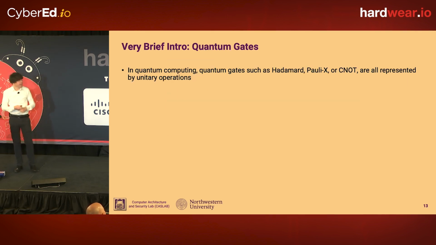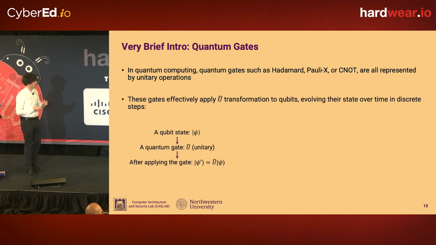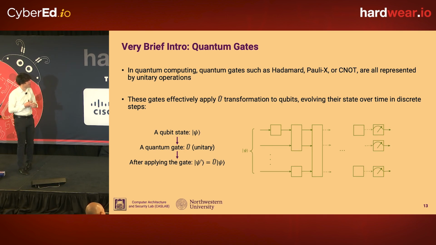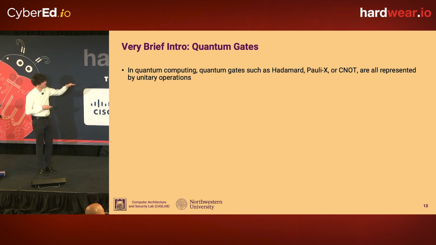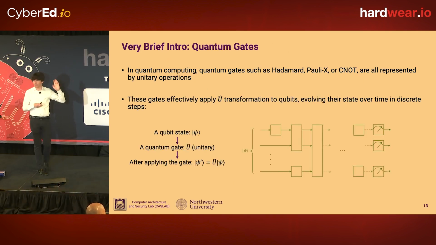Again, a very brief introduction to quantum states and quantum gates, and the end goal is to show this block diagram. In a quantum computation, it's not like in a regular processor, where you send some data to the CPU to operate on it. Instead, you have the qubits. This would be called a quantum circuit. In circuit diagrams, each line represents one of the qubits, and time progresses from left to right.